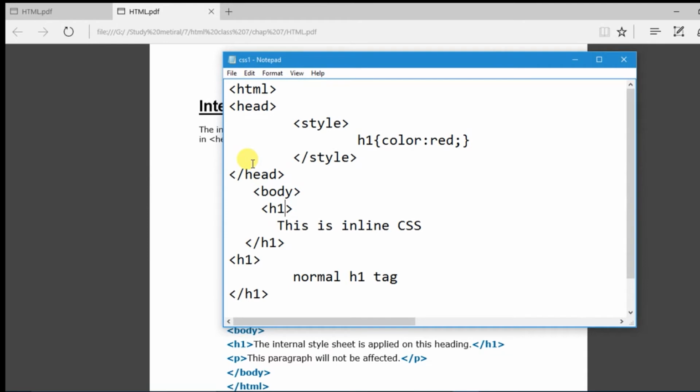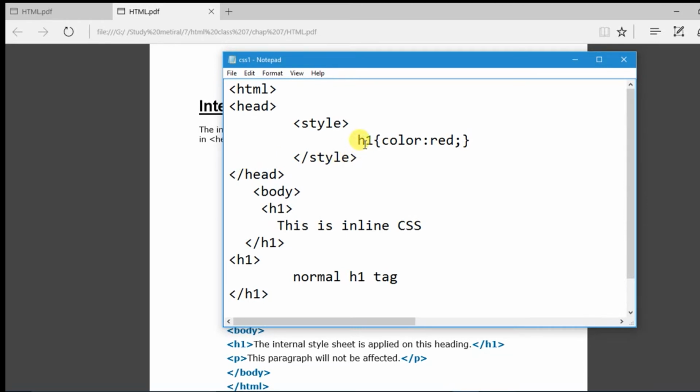Okay, in the previous example, as we had seen, if we apply the style property in one H1 tag, then it was working on that tag only. But now the single property or the single H1 selector will work every time whenever we pass H1 in our web page.